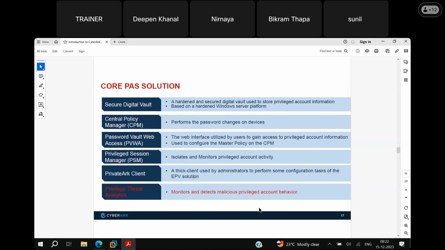So for now, just remember the definition and the functionality of each component in a single line. CPM, password management; PSM, recording; PVWA, a web interface for accessing; and vault, secure storage for privileged accounts. That's it.